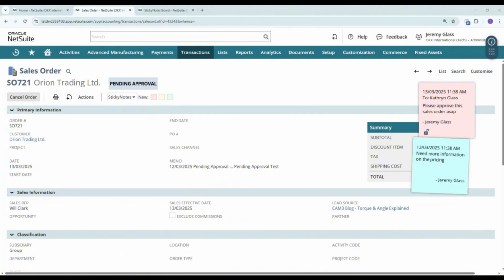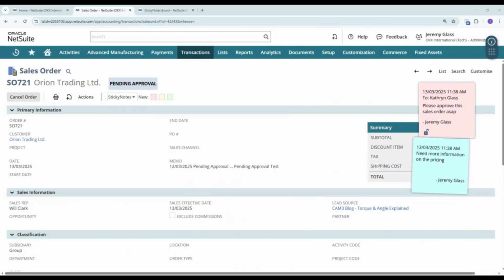You can click add note, then type your message, and to adjust visibility setting, you can set it as private, which is only visible to you, or public, visible to the team members with access to the record, and just click save. And replying to the sticky note, again, you can click on the existing note to add a reply and to use mention to notify specific users. Remember, if you want to delete a sticky note, you can click on the note as well and select delete or archive if you no longer need it.